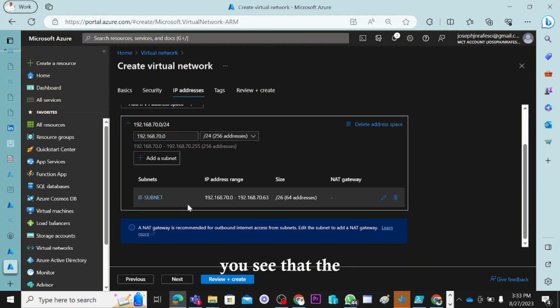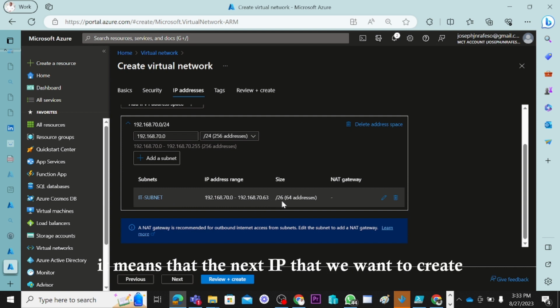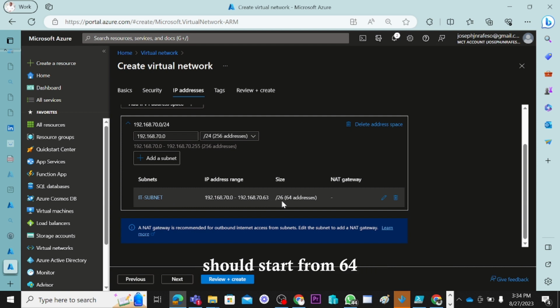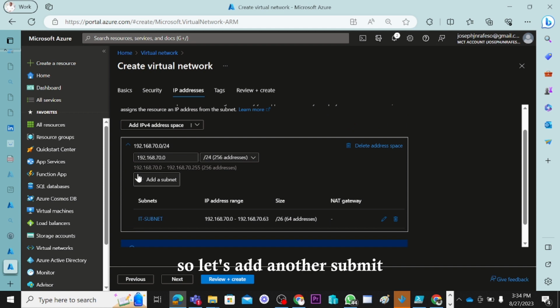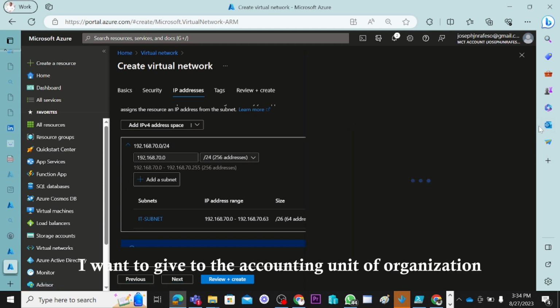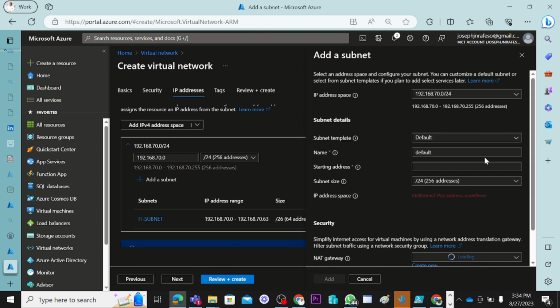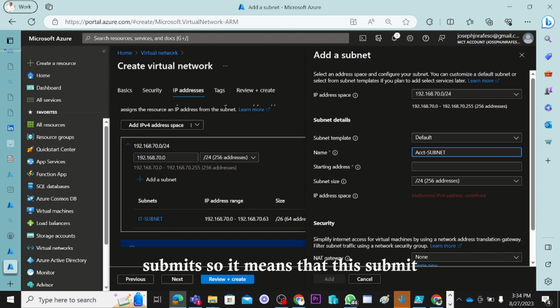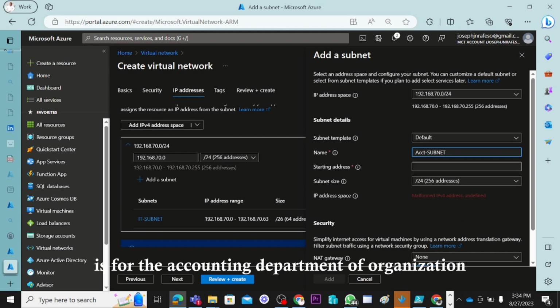You see that the IT subnet is ending at 63. It means that the next IP that we want to create should start from 64. I just want you to see that. So let's add another subnet that we want to give to the accounting unit of our organization. So we come here, we call it ACCT subnet. So it means that this subnet is for the accounting department of our organization, and it's going to be